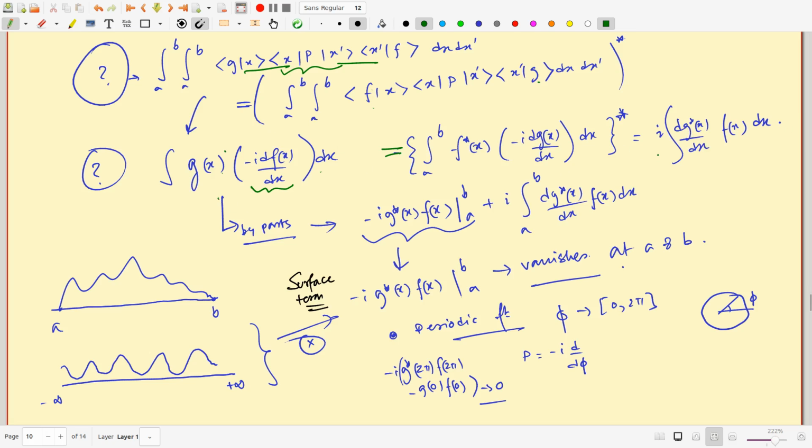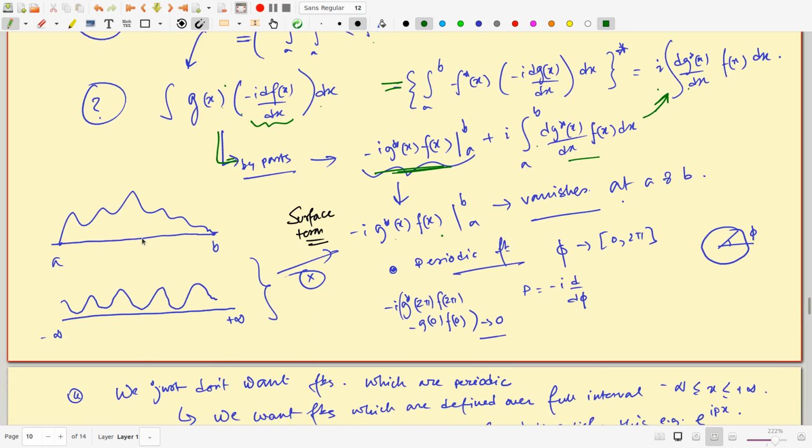If I want to do that, I do an integration by parts here. The integration by parts will give me this first part, and this is the second part, and this second part is nothing but this. So check this, it is a very simple thing, just integration by parts. This guy is the same as this guy, except for the first term. We can call it a surface term, because it is just the product of two functions and their difference at the edges a and b. That's why they are like a surface. In higher dimensions, they will be the surface of some volume integral. So we want this product to vanish at a and b.